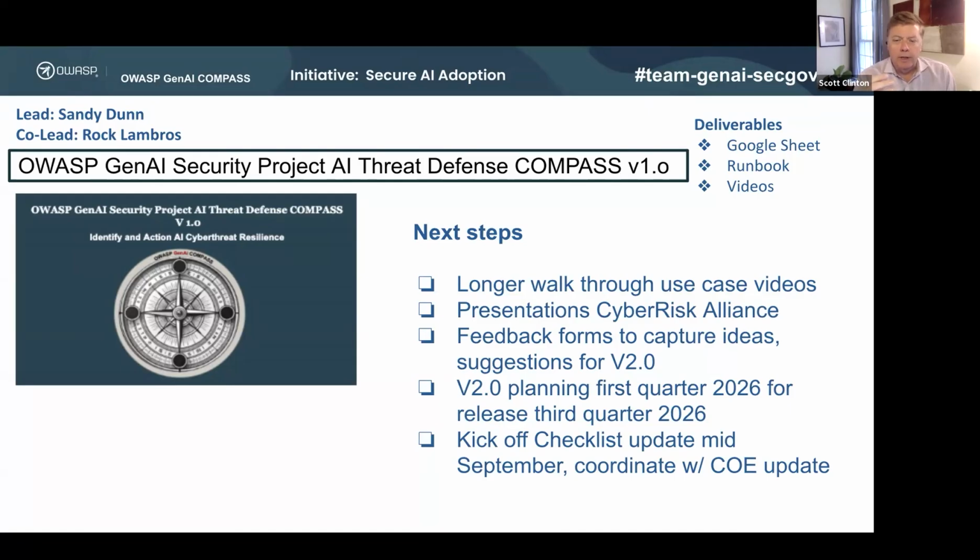And the plan is to try to get this launched in the next couple of weeks. The main assets to do: we already have the Google Sheets stage ready to go under the OWASP account. We have the run book ready. We have the intro video, and we can just do one use case video so people know how to apply this day one. And I think from there we're good to go. And then we can add more use case videos over time.